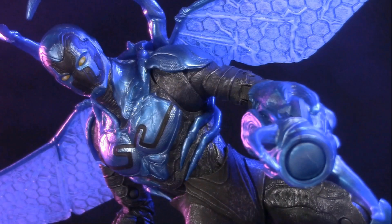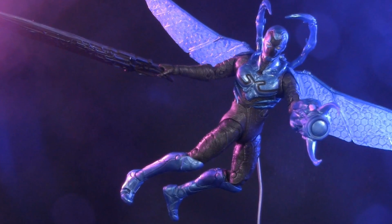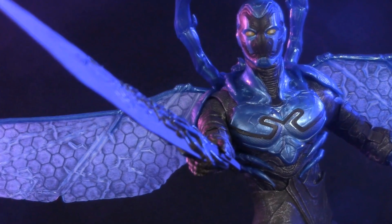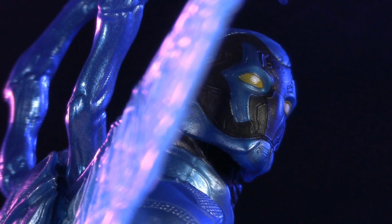Which one? Both. Instead of releasing one jam-packed figure chock full of accessories, McFarlane split them into 2 different releases. Combined, it gave us a lot of really cool options. The downside, of course, was having to buy 2 of the same figure. If they all came together in one big bundle, it might have been my number 1 figure of the year,